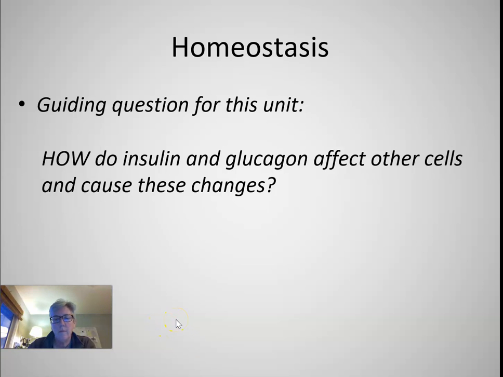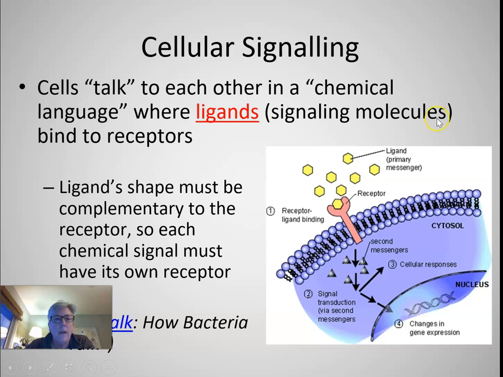Okay, I'm back. This is where we ended last time on this guiding question about how cells maintain homeostasis. The example we just talked about was insulin and glucagon, which are hormones, and how they actually make cells change the way they behave. Okay, and the main next topic is called cell signaling, or cellular signaling, and the big idea is that